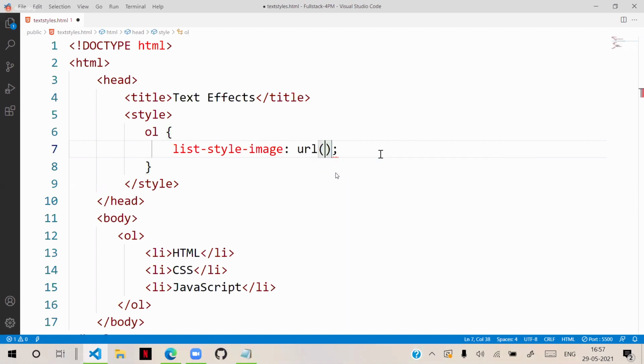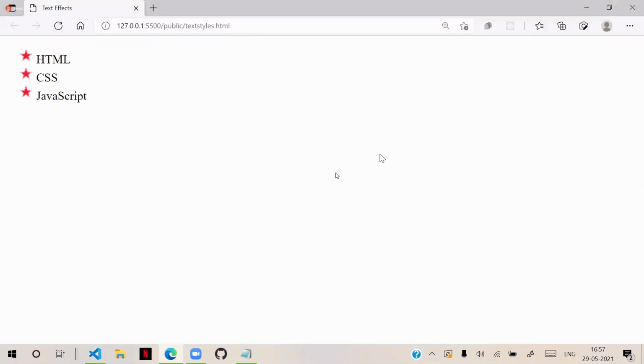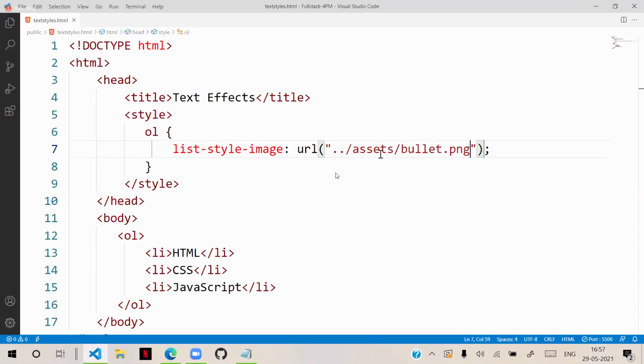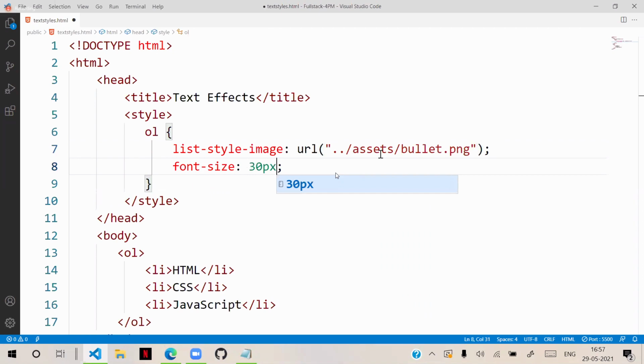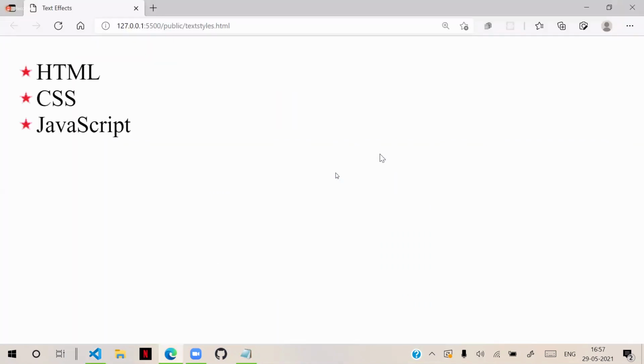You can keep a URL and access it from /assets. We have a bullet.png; we can add that image and display it, as we already discussed in HTML. If you want to change the font size, we defined 30 pixels, and it will increase the size. So you can change the bullet symbols and keep your own, by defining list style and list type.